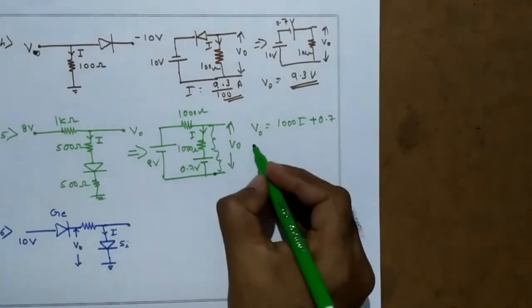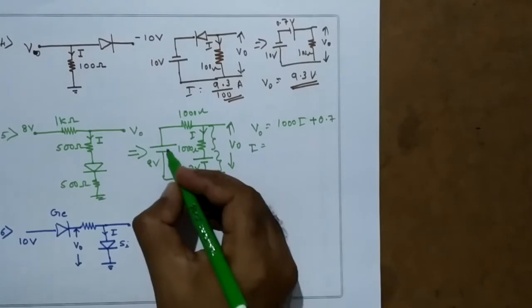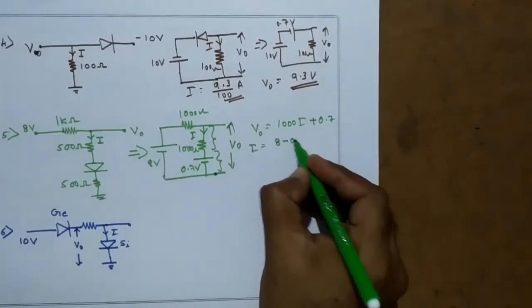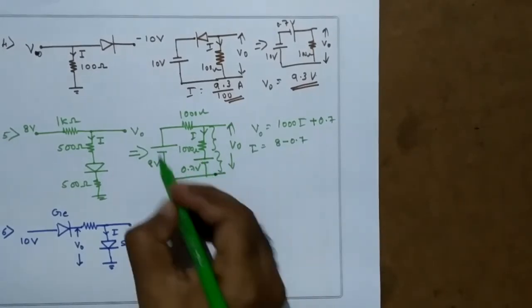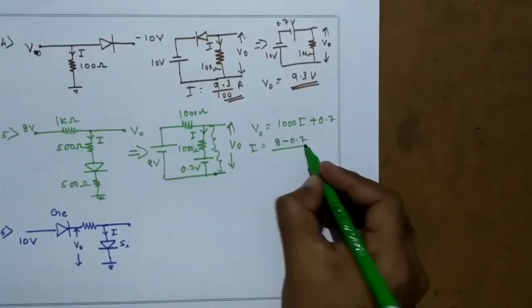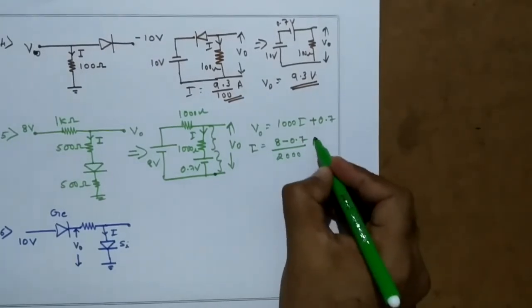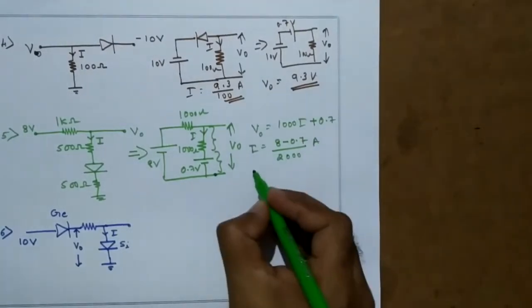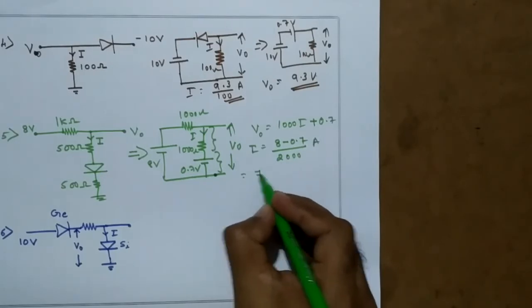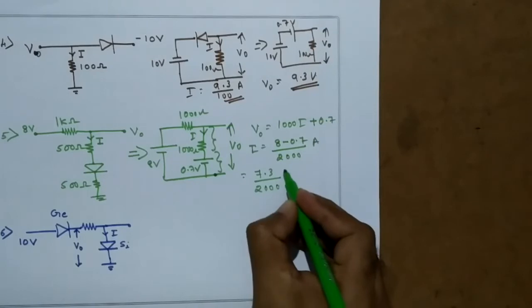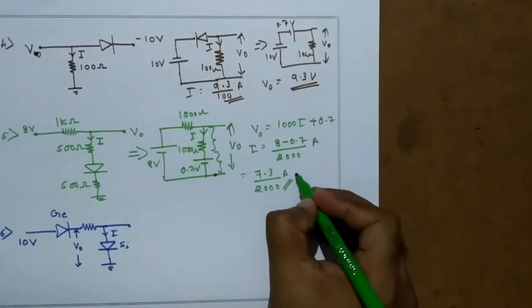Now how to calculate I? I is equal to, you apply KVL to this loop. So this is 8 minus 0.7 volt. There is only one loop now, divided by 2000. This much is the ampere. So this is equal to 7.3 divided by 2000 ampere. And you substitute this I